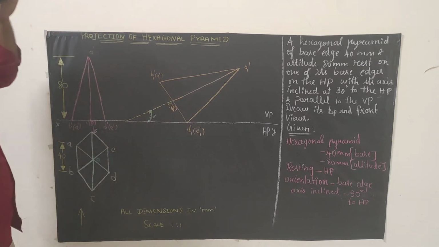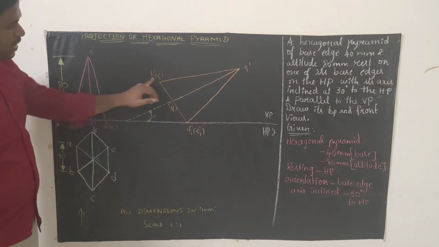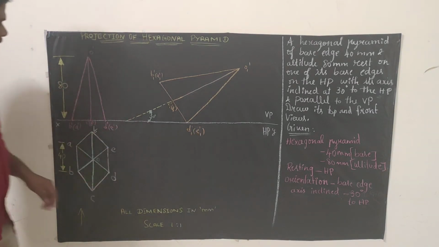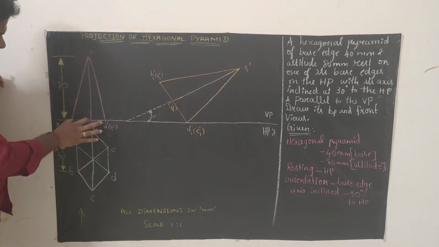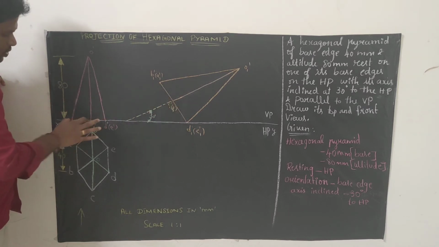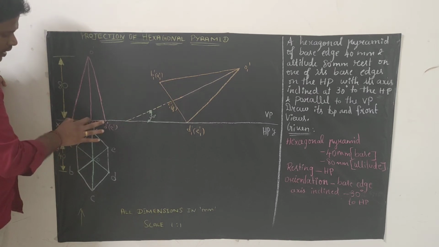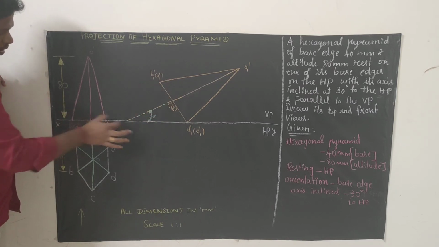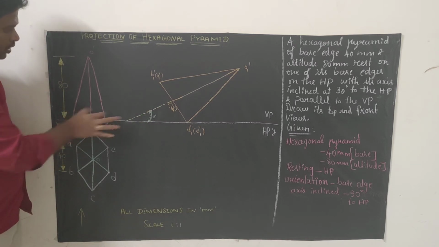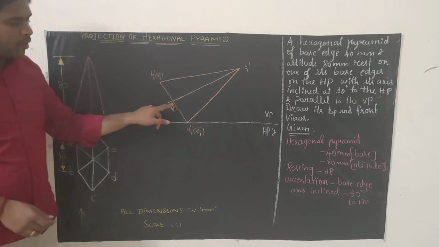And later on, what you are going to do is name it here as B dash A dash, meaning D1 dash A1 dash, and D1 dash E dash, meaning D1 dash E1 dash. Then however much distance we have from B dash to C dash, the same distance we are going to have here. So just mark a point. Okay, just keep a point. Either you measure from here to here and mark it, or from D dash to C dash and mark it. So you got a point here, right?